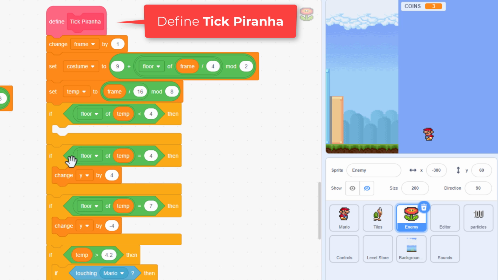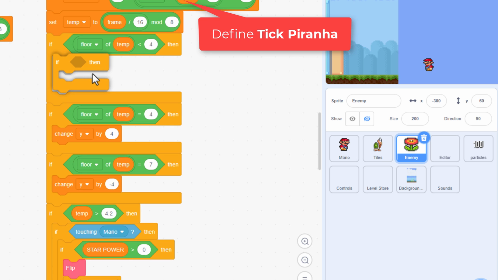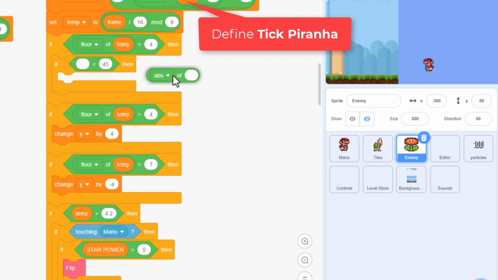That is, they haven't yet popped up. Now we should check how close Mario is to the pipe. If less than, and we'll want to be closer than, say, 45 pixels. That's a bit more than a tile, so we can be up against the pipe and it will trigger. To calculate the horizontal distance, we'll use an abs, that's the absolute, with a subtract, and we want the distance